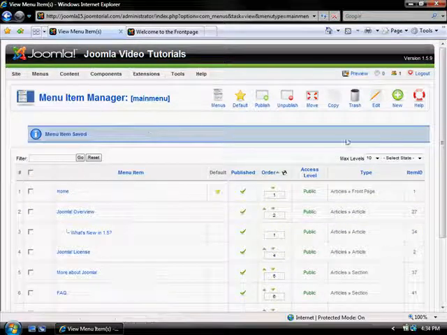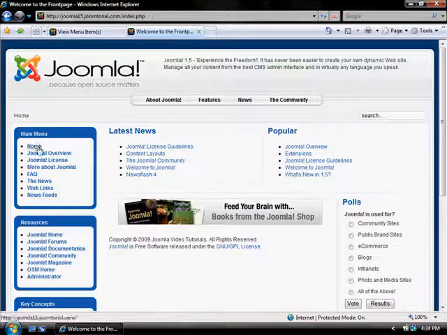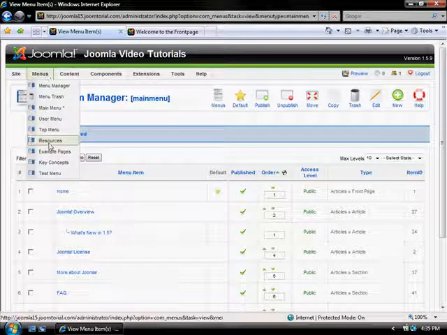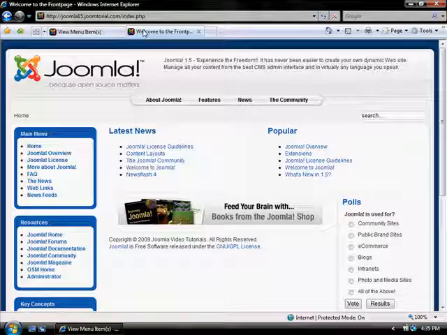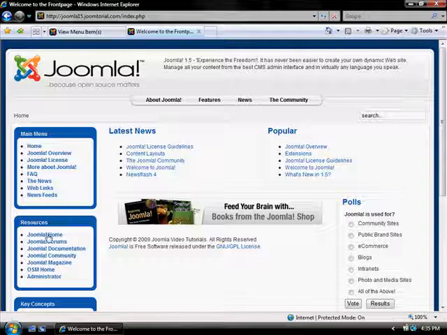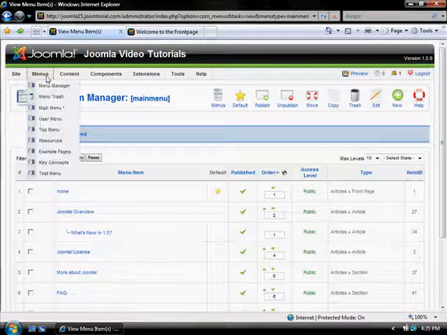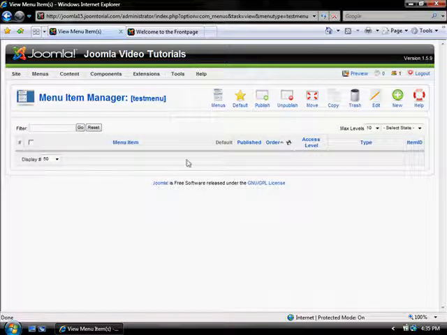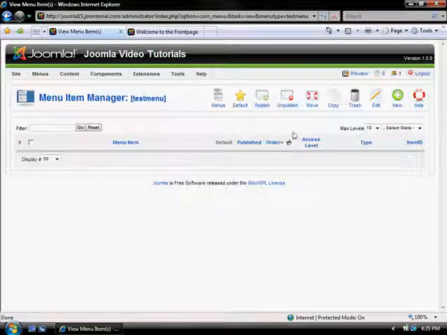We're in main menu. As you can see here, we have the Joomla main menu, so that represents the main menu. We have resources, as you can see on the front page, that represents this menu. So I can now go to my test menu and I click on